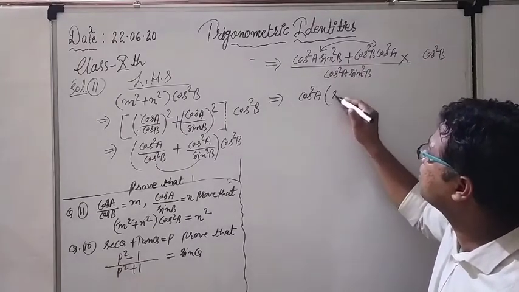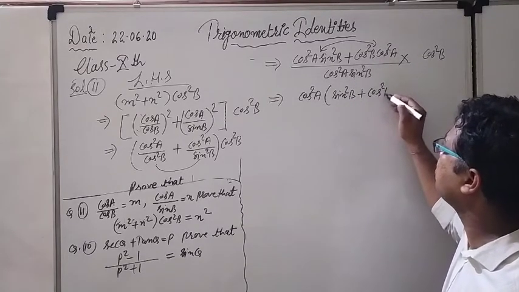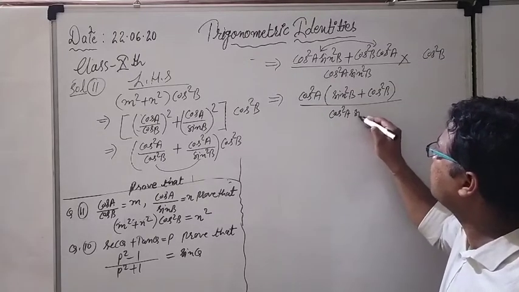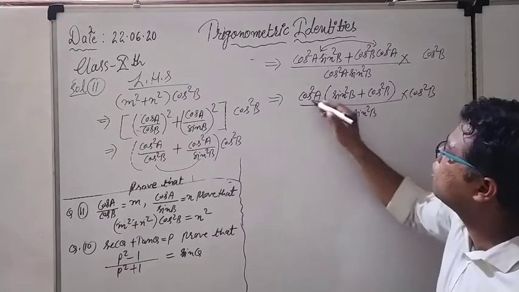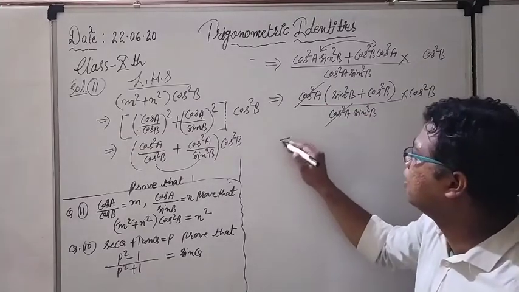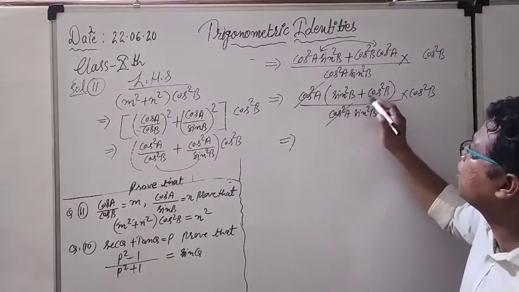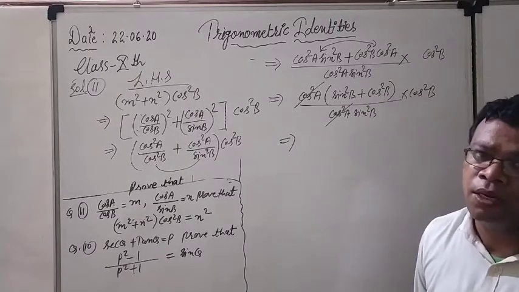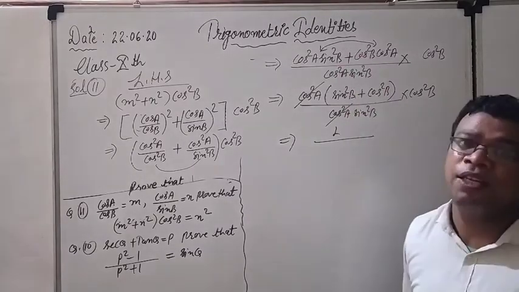So what is remained here? Sin square B plus what is remained here? Cos square B, upon again cos square A, sin square B into cos square B. Right now you can see this cos square A and cos square A are going to be cancelled from both the numerator and denominator side. And after that, what is there inside the bracket? Sin square B plus cos square B. Both are representing the angle B. So sin square theta plus cos square theta is equal to 1. Same like that, sin square B plus cos square B will give me 1. So right now the things are going to the simplest form.